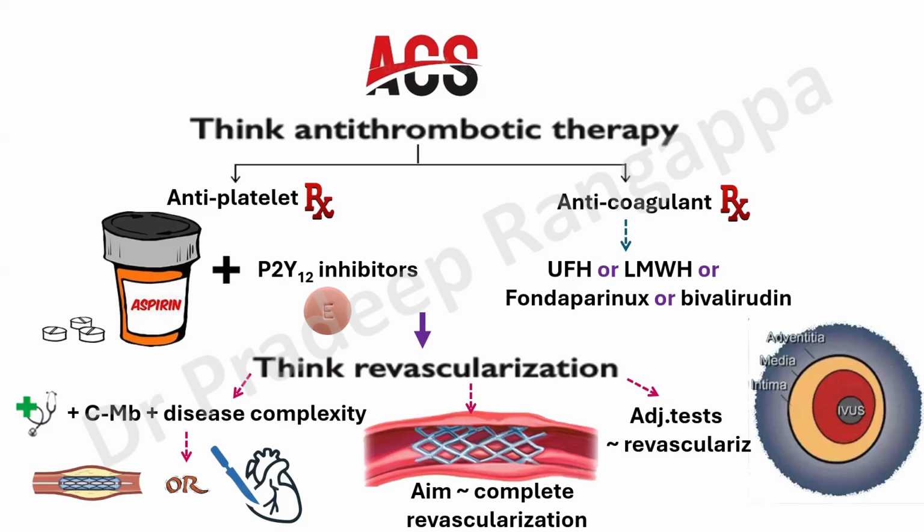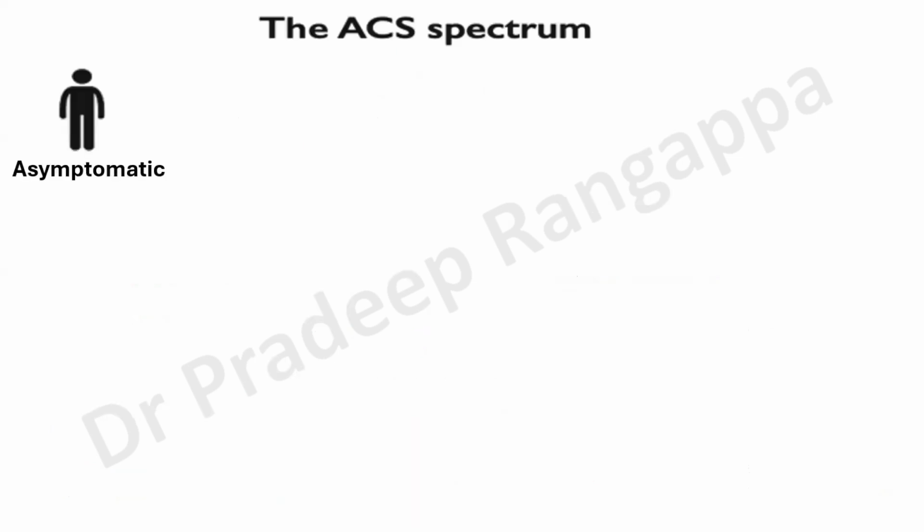And the newer guidelines emphasize the need for adjunctive tests like intravascular ultrasound, IVUS, to determine the feasibility of various other modalities to attain complete revascularization, like rotablation and so on, by ascertaining the intima. As you see in intravascular ultrasound, one would see the feasibility of percutaneous intervention by ascertaining the intima, media, and adventitia of the blood vessels. So this is also something that has been emphasized.